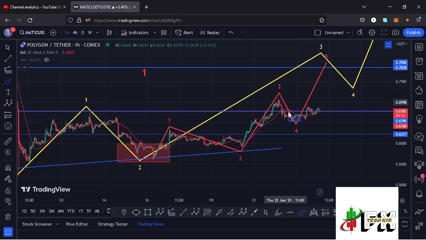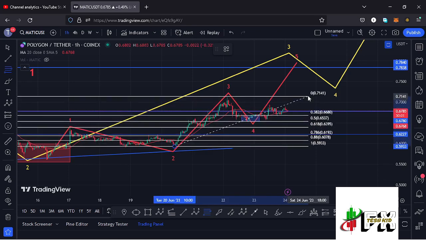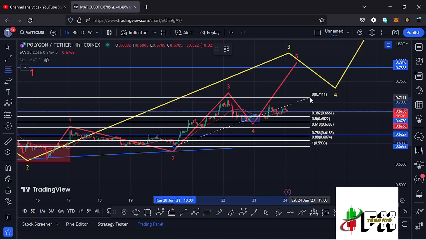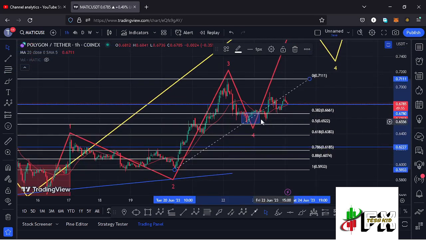We also saw a corrective structure in the formation of this wave 4, in a move that managed to get into the minimum retracement areas, which I gave you by connecting the fibs from the low of the second wave to the high of that wave 3, giving me a target area between the fib level 0.382 and the fib level 0.5. And afterwards, you can see that we have been seeing these bounces to the upside